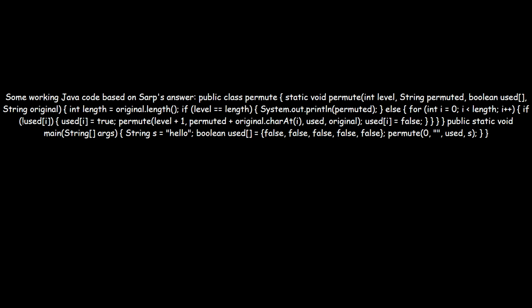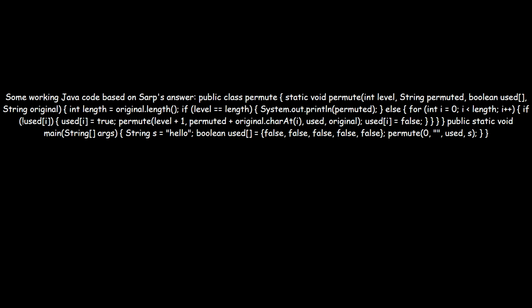Some working Java code based on SARP's answer. Public class Permute, static void permute(int level, String permuted, boolean[] used, String original) { int length = original.length(); if (level == length) { System.out.println(permuted); } else { for (int i = 0; i < length; i++) { if (!used[i]) { used[i] = true;